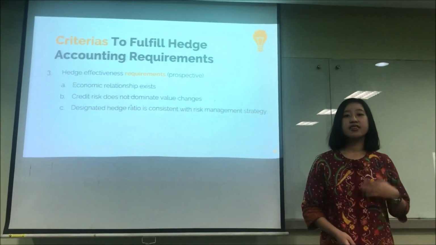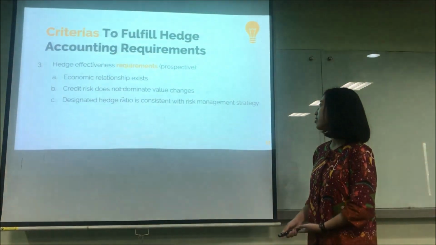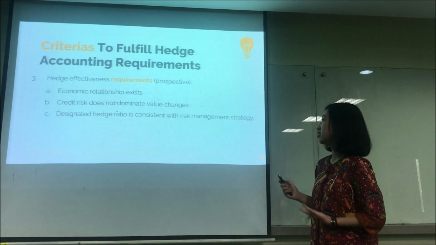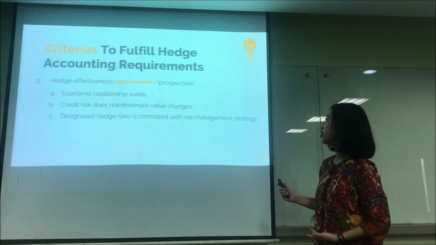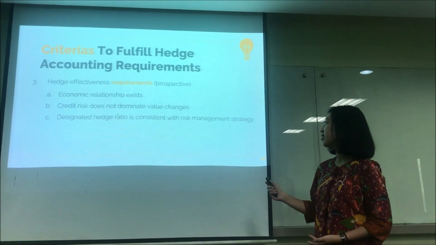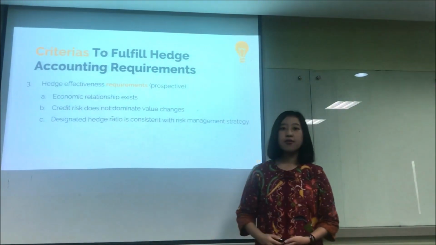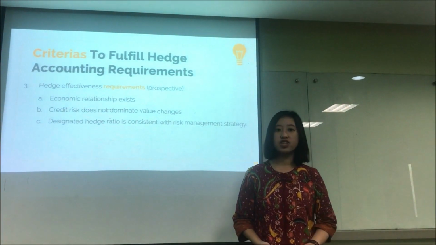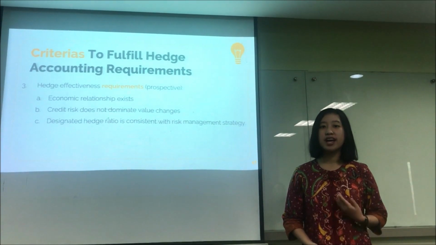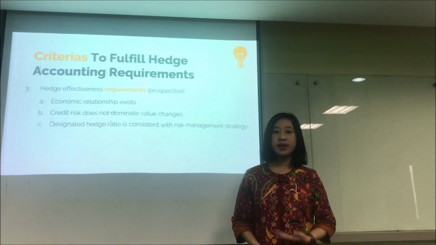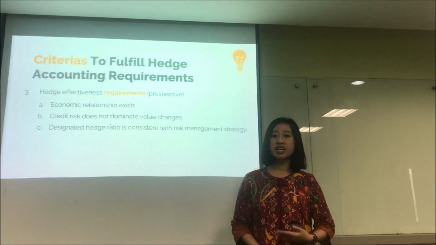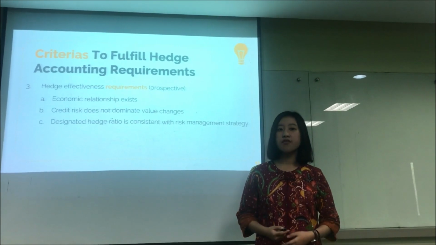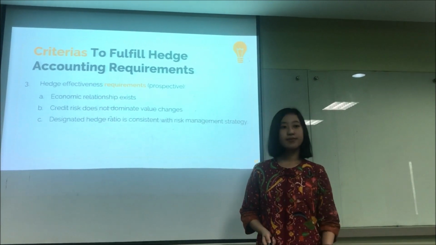Now, similar to IFRS 9, which introduces 3 hedge effectiveness requirements, PSAK 71 also has 3 hedge effectiveness requirements: economic relationship existing, credit risk does not dominate value changes, and designated hedge ratio is consistent with risk management strategy. Both IFRS 9 and PSAK 71 require the existence of an economic relationship between the hedge item and the hedging instruments. So there must be an expectation that the value of the hedging instrument and the value